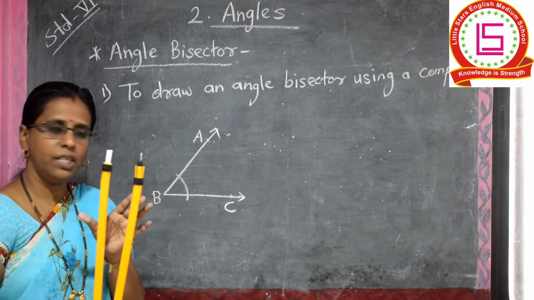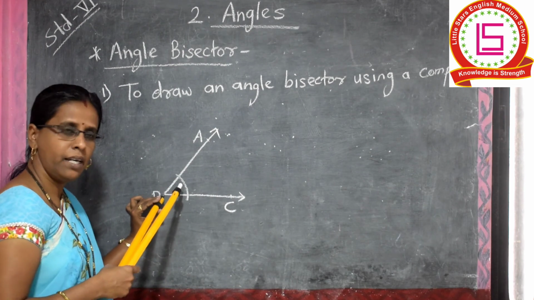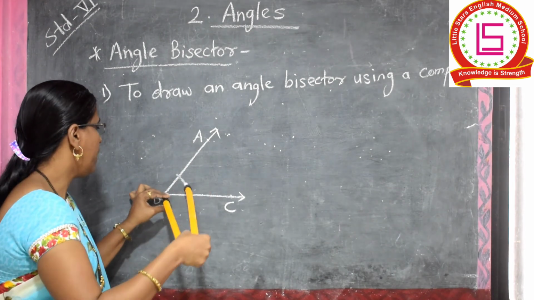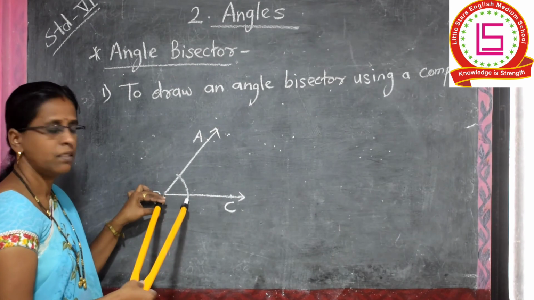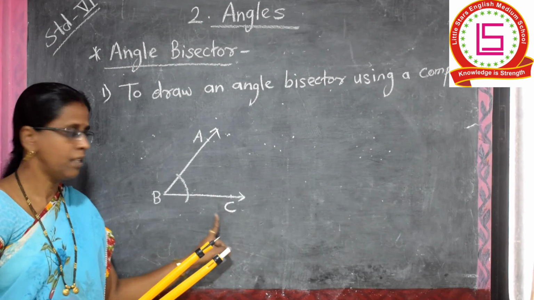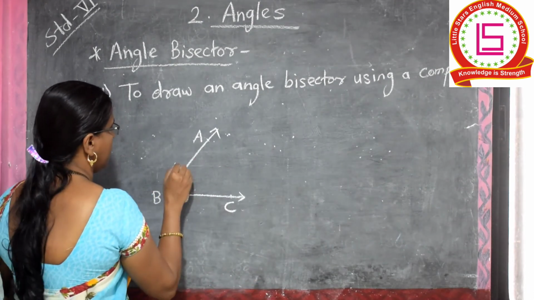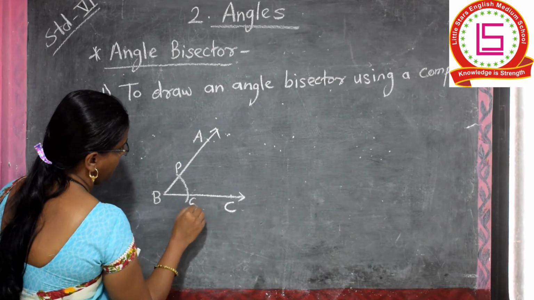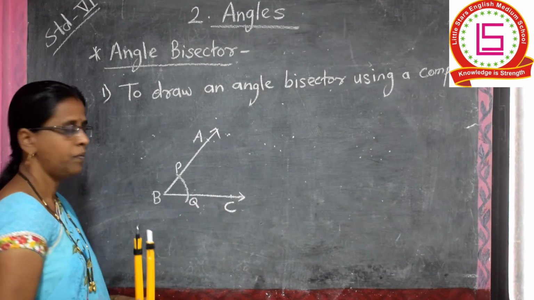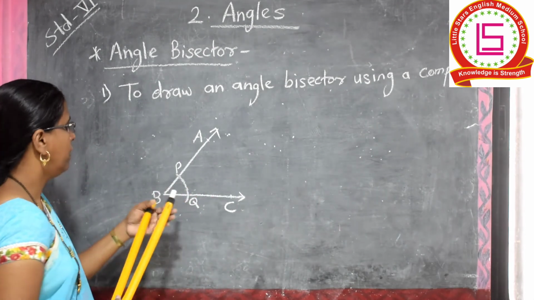First, taking a convenient distance, place the compass at point B and draw an arc like this to cut the rays BA and BC. Okay, then we have to name these points P, Q, the names of the intersecting points. Then next,